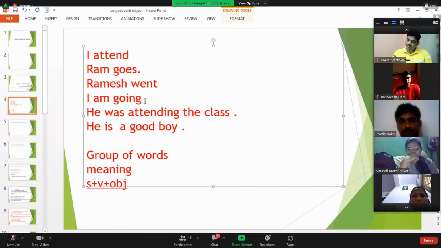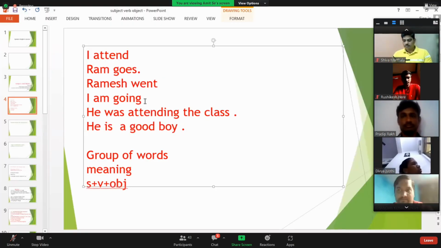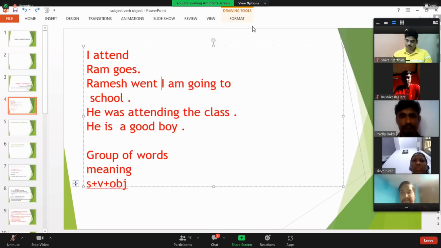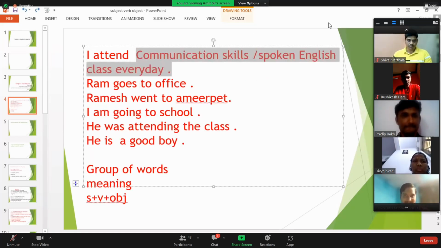Even you may have some conversation or argument with your manager, and you say to your manager, "I'm going." If you say "I'm going to my home," then your manager will be happy. But if you just say "I'm going" in an angry mood, then he may believe you might be going somewhere and you may make him into trouble. Obviously, many more things may happen if you don't use the object. So one important thing is that it's quite mandatory to use the object. Without an object, you can't fulfill the task.